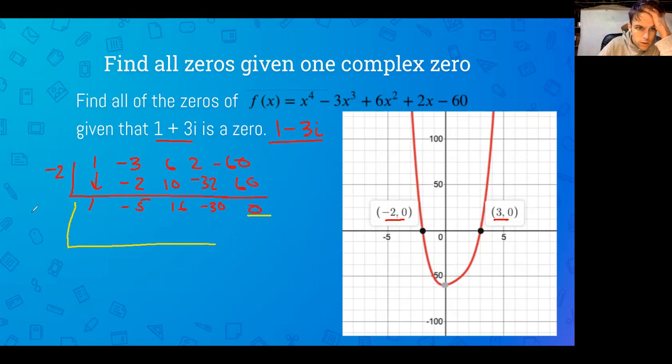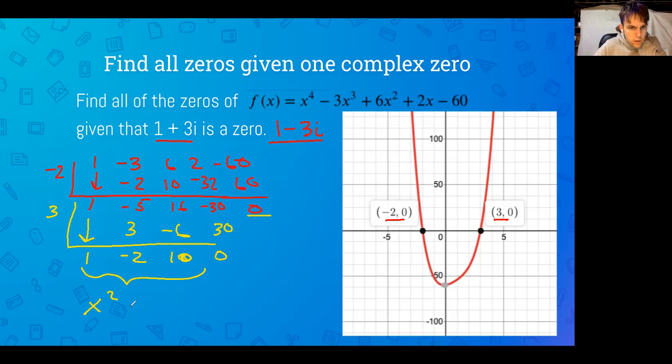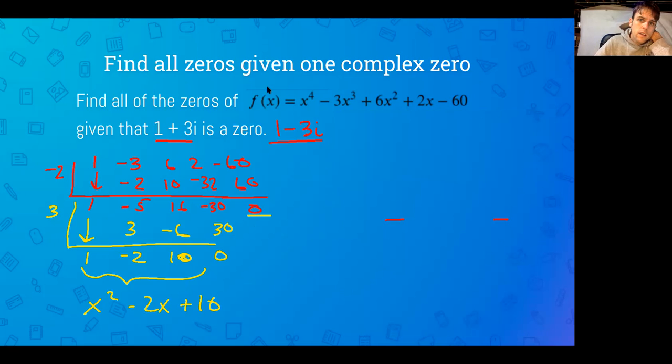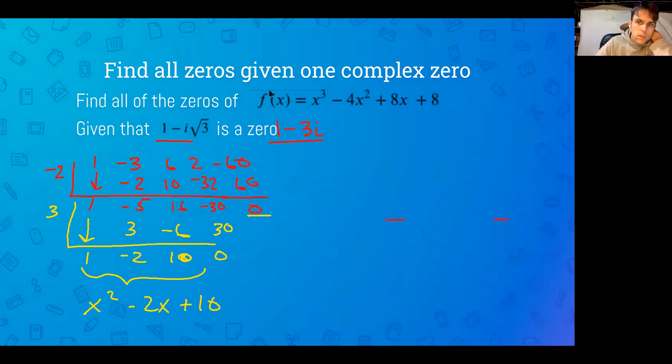Now I'm going to do this again with my second root of 3 on this reduced polynomial. Remainder 0. That's supposed to be positive 10. There we go. All right, and now we have our reduced polynomial, x squared minus 2x plus 10. And since we know that is going to give us the other two solutions, our complex solutions, we will just go ahead and do